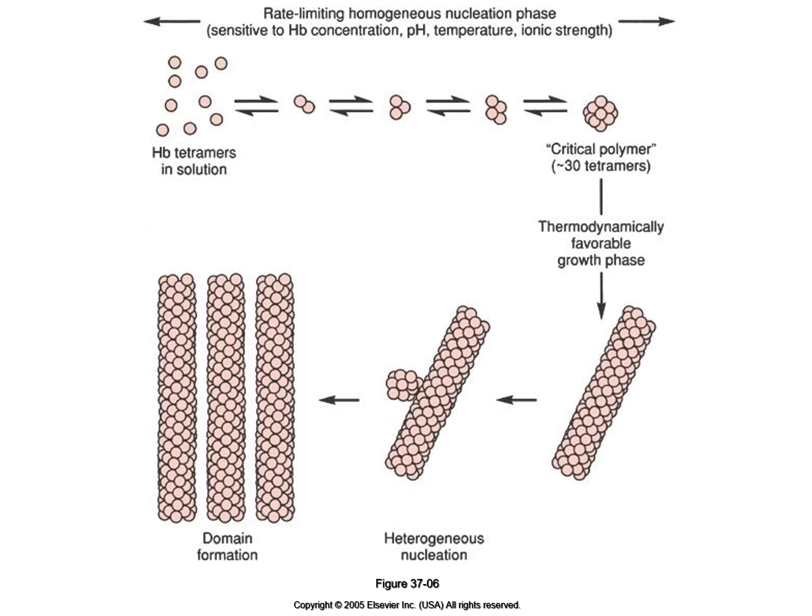Now, this polymerization occurs in two stages. First is the formation of a critical polymer of about 30 hemoglobin tetramers shown in the upper part of the slide, and this is a reversible reaction, but it's favored by high temperature, acidic pH, high hemoglobin concentration, and once the critical polymer is formed, it will lead to further polymerization with the fibrils of hemoglobin precipitating within the